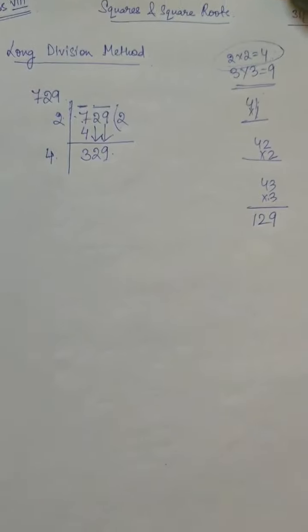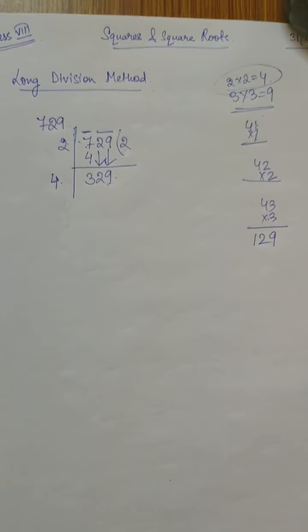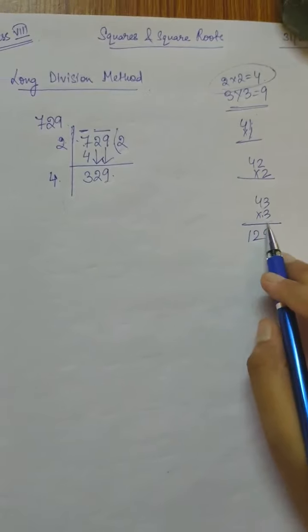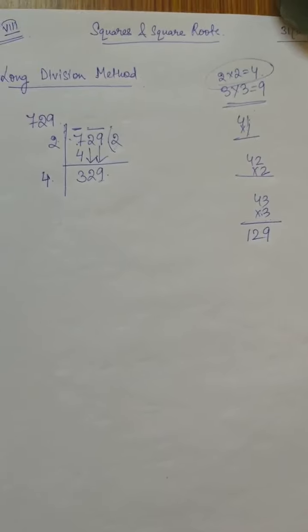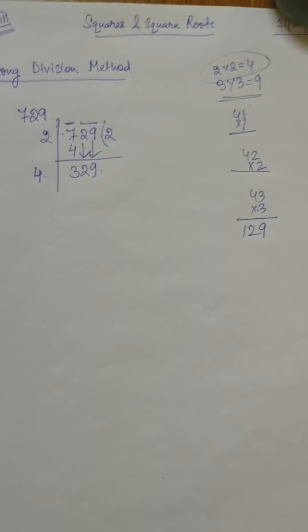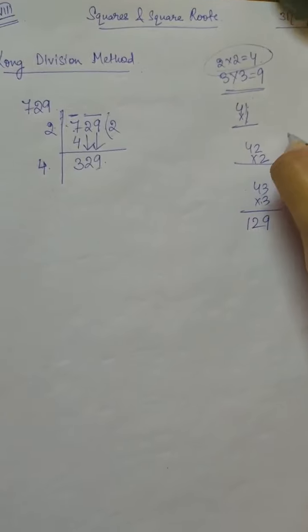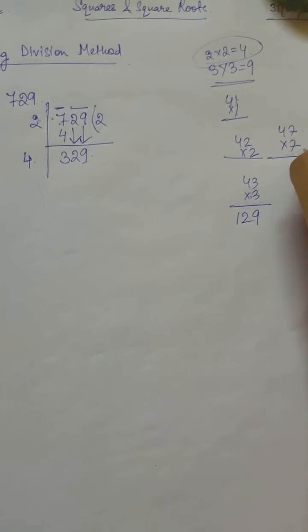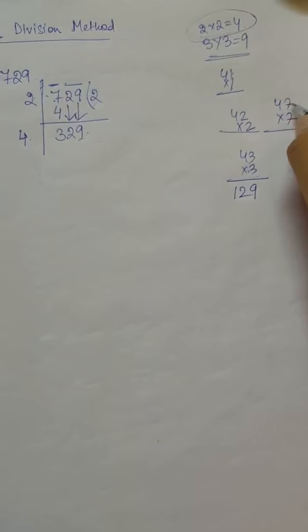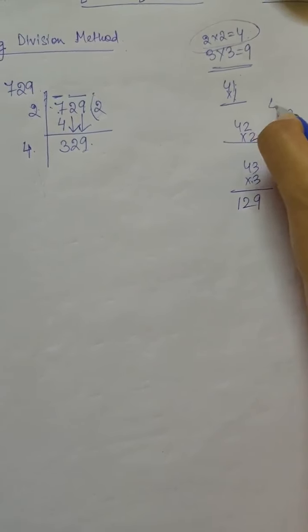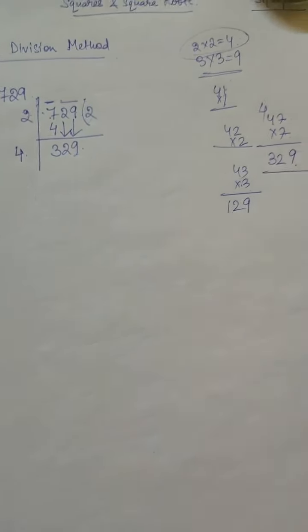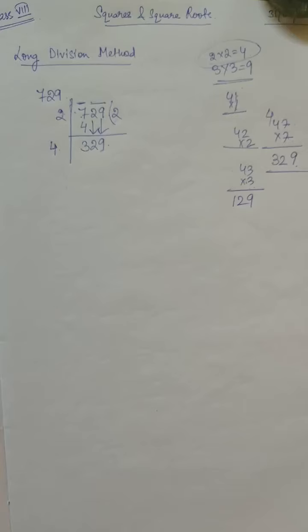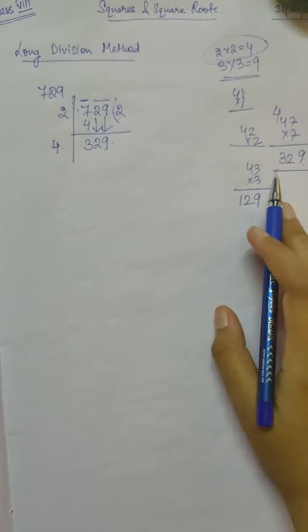So we have to see with which number, if we multiply, we will get 9 at the end. 3 and 3 is 9, then 4 and 4 is 16, 5 and 5 is 25, 6 and 6 is 36, then 7 and 7 is 49. So if I do 47 into 7, then the last digit can be 9. 7 into 7 gives us 49, carry 4, 7 into 4 is 28, 28 plus 4 gives us 32. So now we are getting 329. Unless we get this number 329, whatever is there, we need to do the calculation.